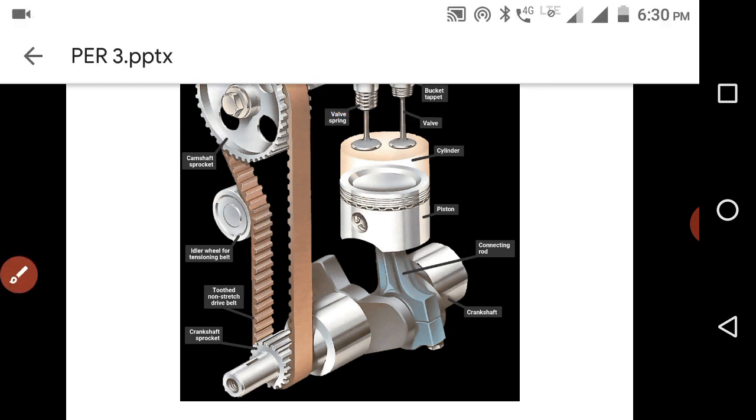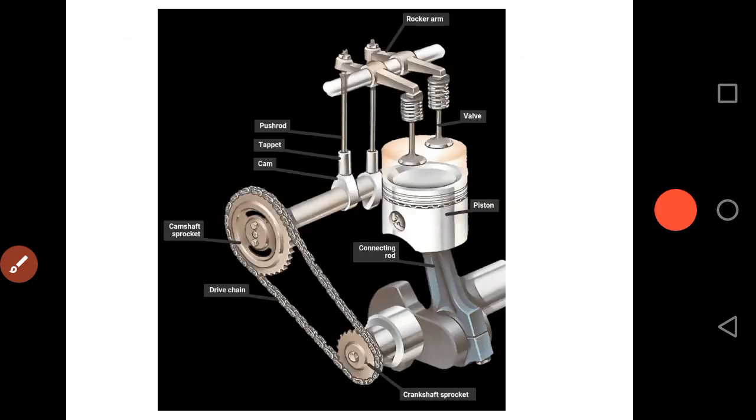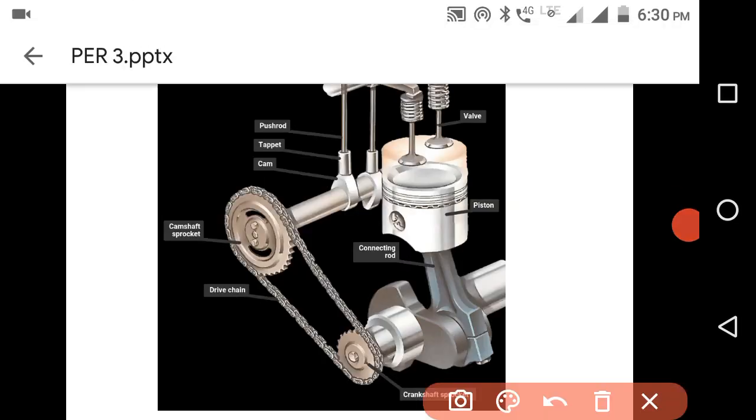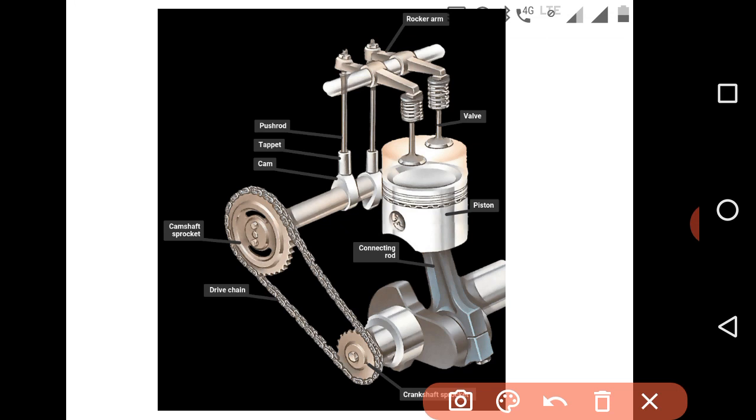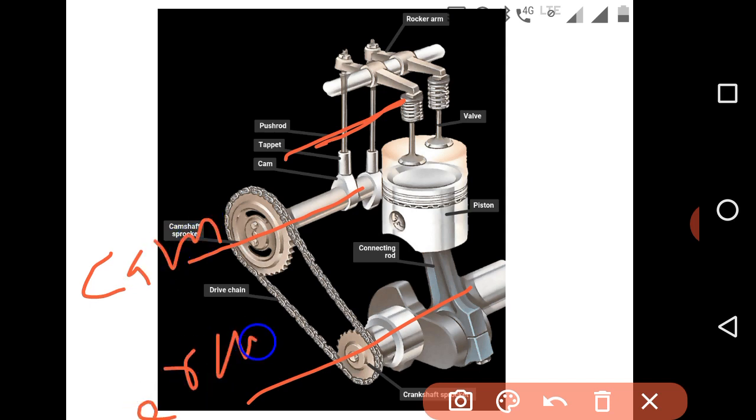In the next one we are using the rocker arm. This is the crankshaft, and these are the push rods. This is the cam, this is the crank, and we are using the